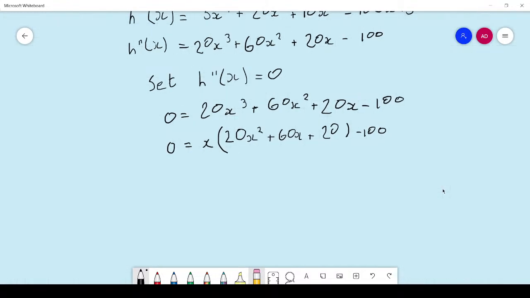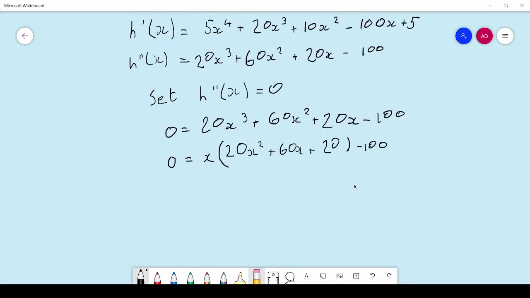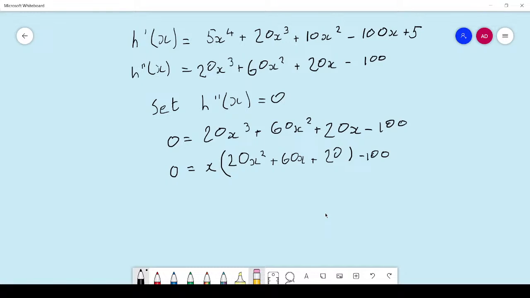Alright, so this is interesting. Now we have 0 is equal to x minus 100. So in that case, x would have to be equal to 100. Or we can have a look at this quadratic equation in the brackets, 20x squared plus 60x plus 20. So one of these things should equate to 0 for there to be solutions. We can have a look